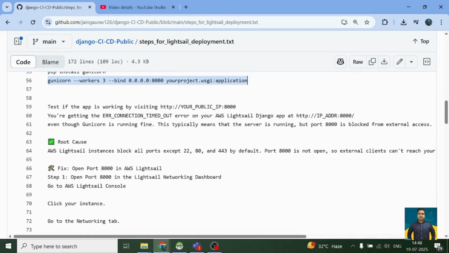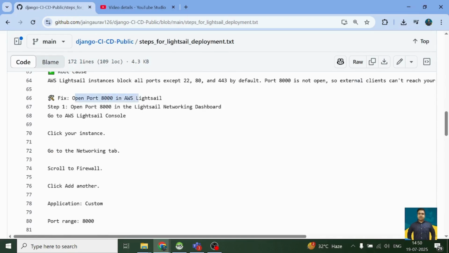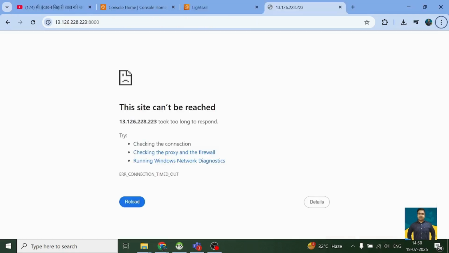But why is it not accessible? Let's check it out. So it says test if the app is working by visiting this IP and port 8000. If not, then it means that port 8000 is blocked. Okay, so you'll have to fix this issue. Now to fix this issue, what do you search? Port 8000 AWS Lightsail. Okay, so let's come here in AWS